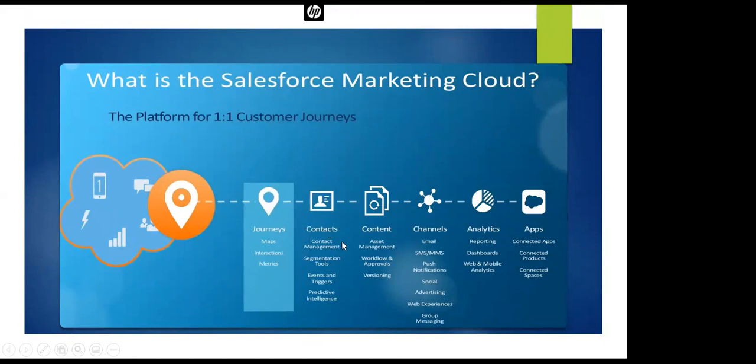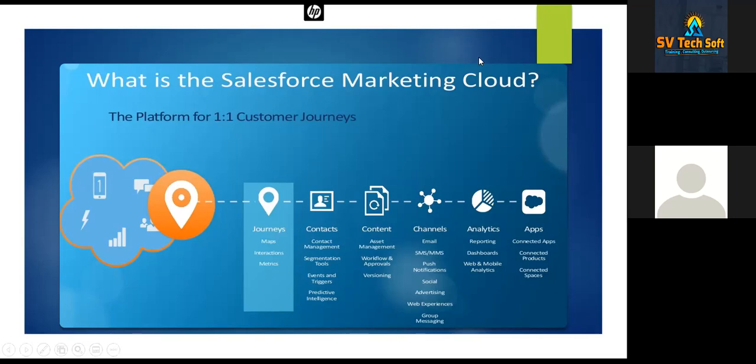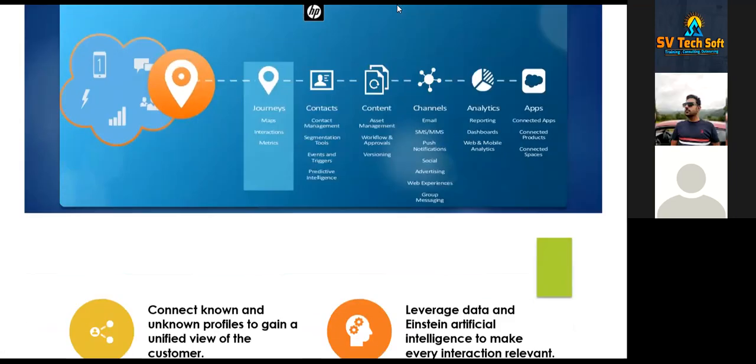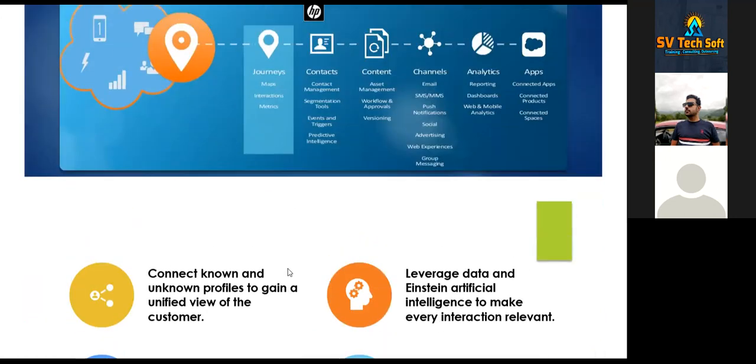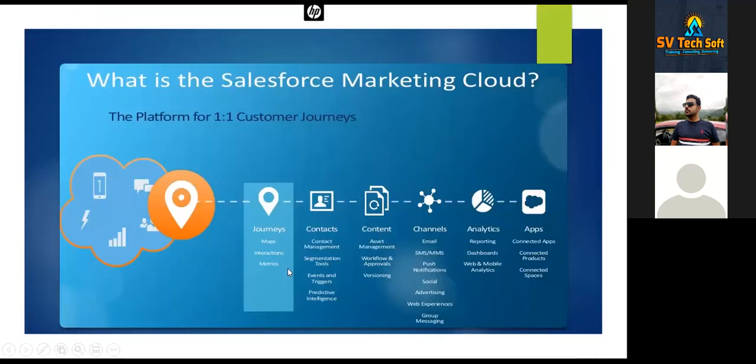Contacts, we can create contacts. What are contacts? They are the people you are going to send communications to, whether it is email, mobile, social, or any type of communication across any channel. If you want to send, you will be sending to a particular contact. A contact is an entity to which you intend to send a communication from Marketing Cloud. So the Marketing Cloud platform has a contact management system. Within Marketing Cloud, you can create contacts.